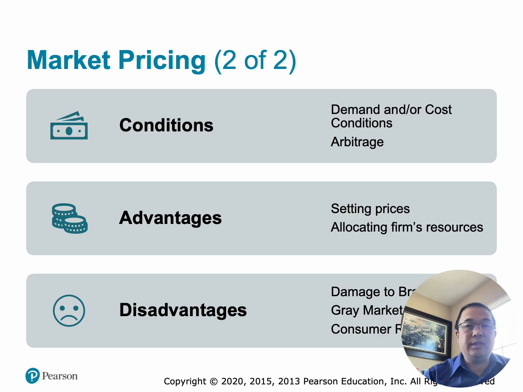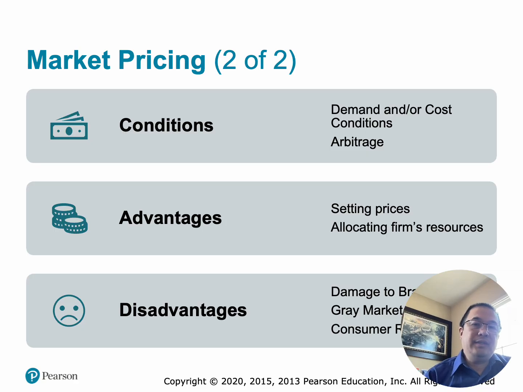B, arbitrage must be limited. But what is arbitrage? Arbitrage occurs when people buy a product in a low price market and resell it in a high price market for profit. So suppose iPhone price in country A is $700 and iPhone price in country B is $1,000. Someone could purchase phones in country A and resell them in country B. This reduces the effectiveness of market pricing.